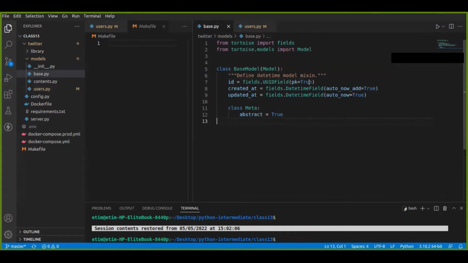Okay, yes, I get it. So this is the primary key. Then there is created at, which is a datetime field that is automatically created when that record is created. Then we also have an updated at field, which is a datetime field that is automatically populated when this record is updated. Right now, we took this base